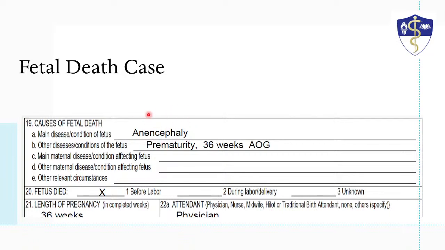So, anencephaly. Under disease or conditions, prematurity, 36 weeks age of gestation. Okay? Hindi ka magsasuspect ng cord coil. Is it cord coil or is there any hematologic problems? Unless you have actual evidence of that, you don't put it in here. Okay? Kasi dati, that was how I was taught. Possible cord coil, to consider. The to consider is no longer placed. Okay? If you saw a cord coil, you put it here. If you did not see a cord coil, you do not put anything in there except the main disease or condition of the fetus. The anencephaly will be placed in there.